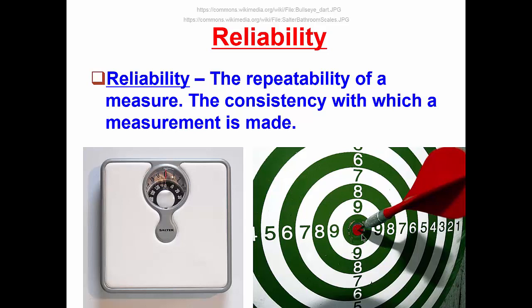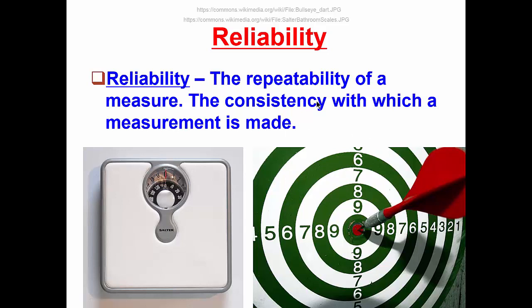Psychologists might be interested in measuring personality, for example. Here, they wouldn't be using a physical measure like a dartboard or a scale, but they might use a survey. If we had a personality survey that had high reliability, we would expect that if we gave the same person the personality test several times in a row, within a very brief interval of time, one after the next, we would expect to see repeated measures being very consistent across time. And to the extent that that is true, we have high reliability.